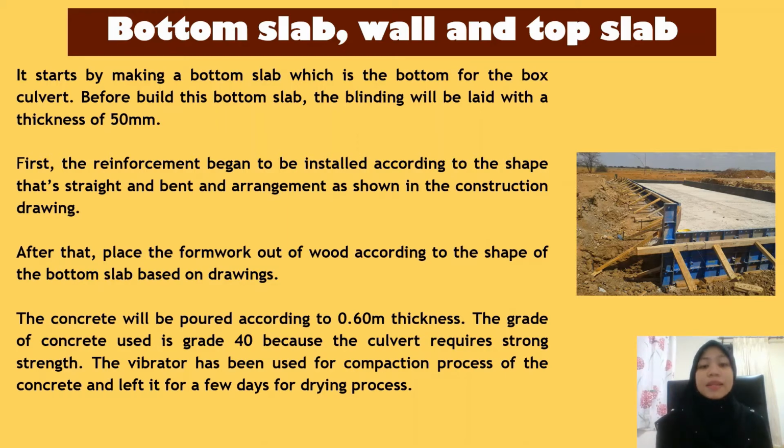After that, place the formwork made of wood according to the shape of the bottom slab based on the drawings. The concrete will be poured to a thickness of 0.60 meter. The grade of the concrete used is grade 40 because the culvert requires strong strength. The vibrator is used for the compaction process of the concrete, and it is left for a few days for the drying